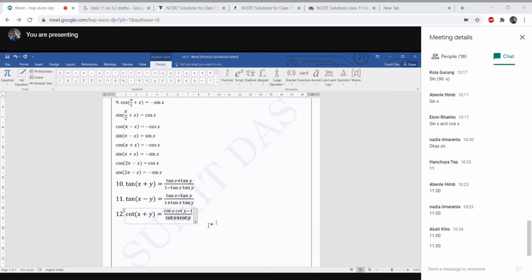Similarly, whenever the sign in cot (x plus y) is the same, the denominator, which is cot x plus cot y, will be plus, and the numerator is cot x into cot y minus 1. Okay,